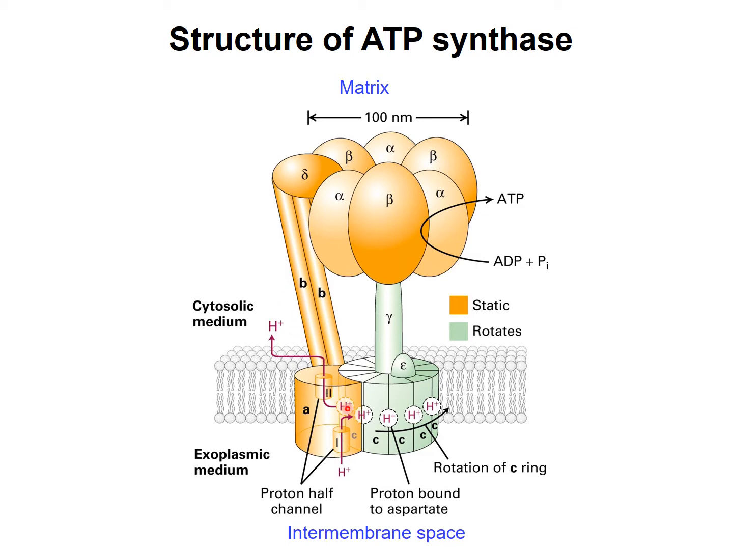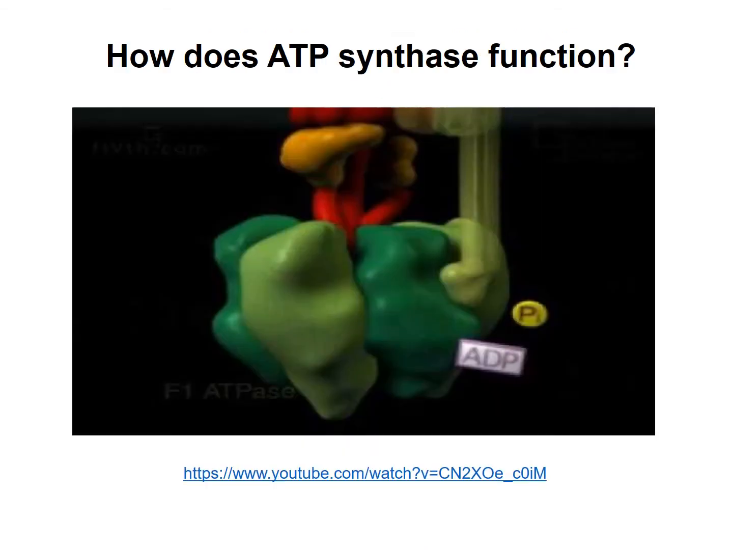So the rotation of this C ring is transmitted by a gamma subunit to the hexamer, which then changes its conformation and allows it to generate ATP. Well, I think you can understand it better by watching the video which I posted on Canvas. It is an old video with very poor quality graphics, but anyway, I think it sums up the mechanism